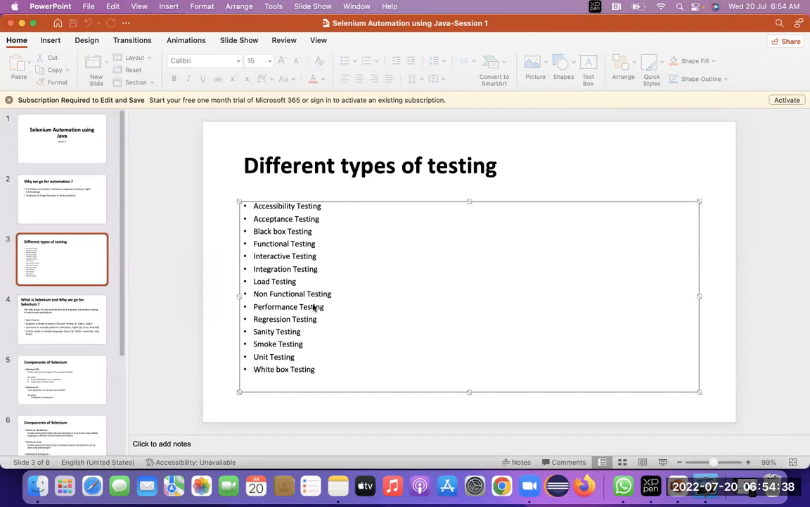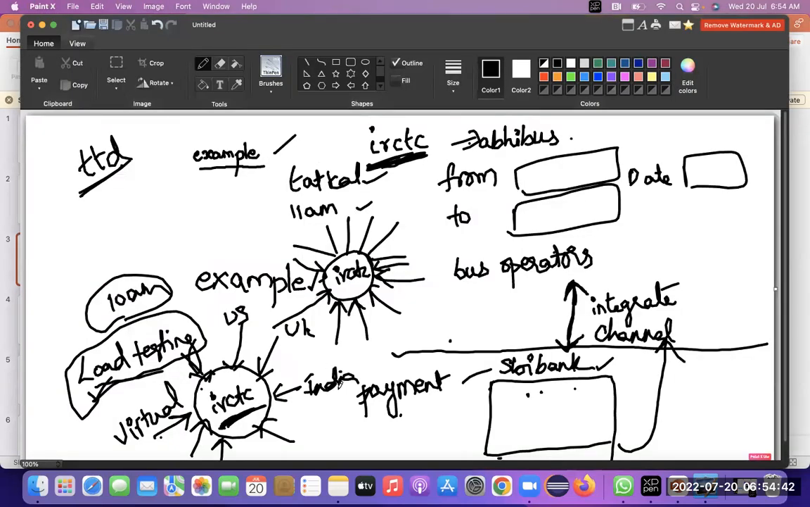Next is performance testing. Performance testing is nothing but how the application is performing when multiple users are trying to access it. Suppose 200 users are trying to access this application at a particular point of time, how is this application performing? Or if the internet is slow, how is it performing? Generally, performance testing is nothing but